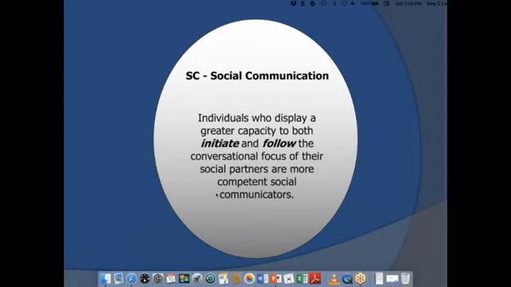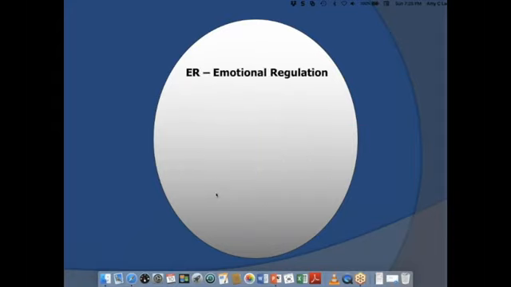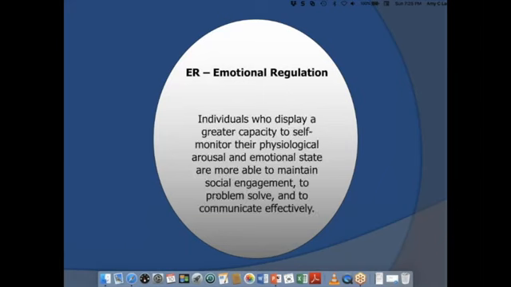So I mentioned the second part of the model, which we tell you is really critical for social communicative competence, is emotional regulation. And this is where we're going to spend more of our time talking when we meet up the next time. But emotional regulation, a lot of times people go, how is that related to social communicative competence? Obviously, initiating and following, sophistication of language, all of those pieces make sense. But how does emotional regulation relate? Emotional regulation is critically related to social communicative competence.